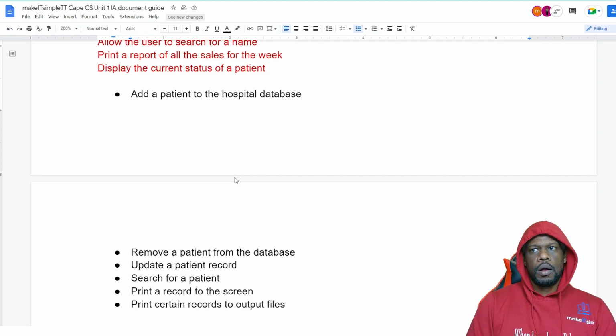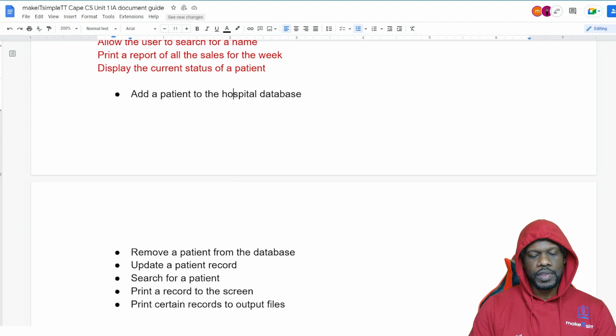Now, updating a patient record is a little technical in terms of code because you have to fill out an array and then you have to jump the array back by one. Oh no, you have to find the location and then update the values inside there. Removing a patient is one of the difficult ones because you have to remove that particular record and shift everything down from there. So usually the remove one is a little tough to do based on your knowledge